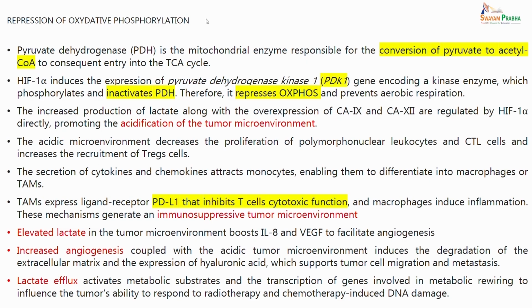So, the points that we need to remember is the activity of the HIF1 alpha, how it plays a role in acidification of the tumor microenvironment, and what happens as a consequence of this acidification, and how the immune atmosphere of the tumor microenvironment is suppressed, and what is the contribution of the elevated lactate towards angiogenesis, and what happens when there is an increased angiogenesis, and what happens when there is a lactate efflux, which in turn alters